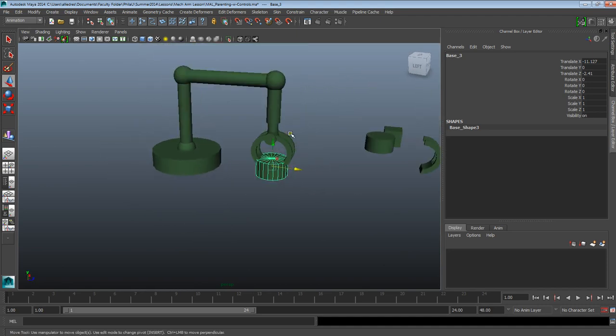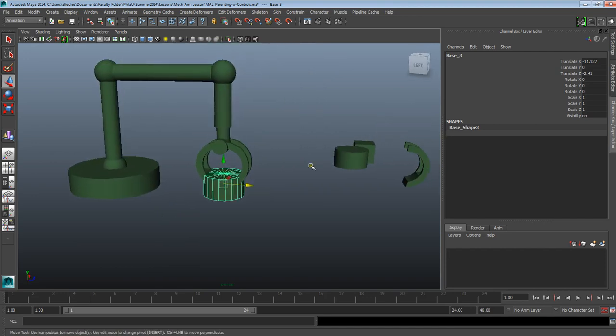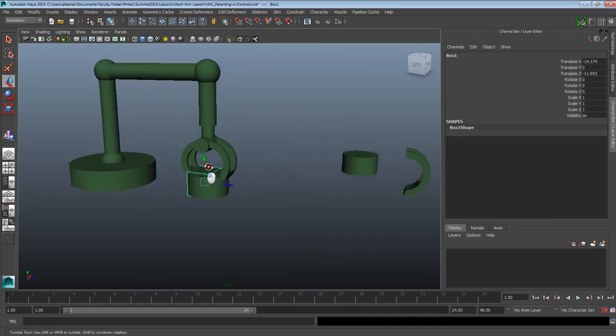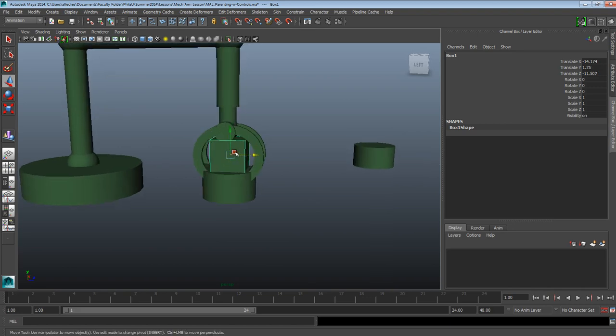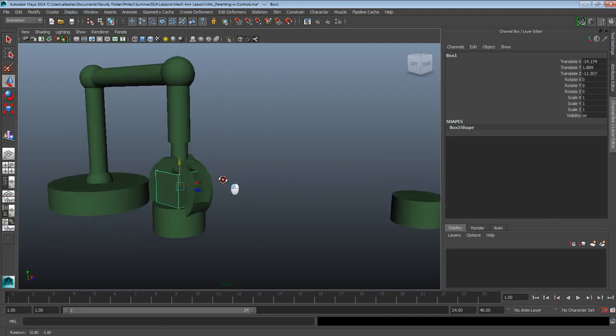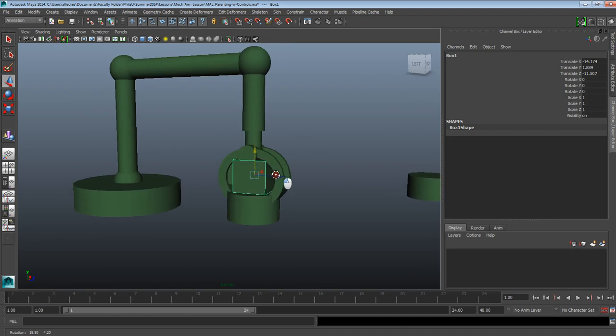And again, we just determined that this is going to be the platform where this is going to be picking up the object from, and the box is probably going to be on top of this. Okay. So by this initial test that we're doing here, we can determine that